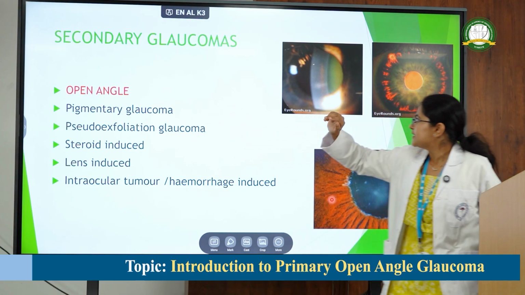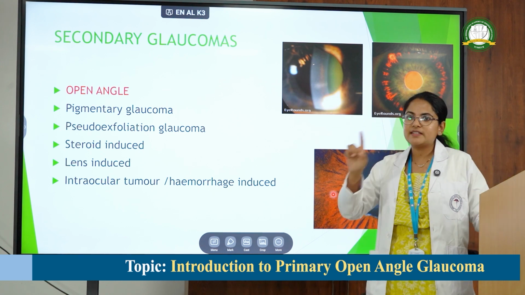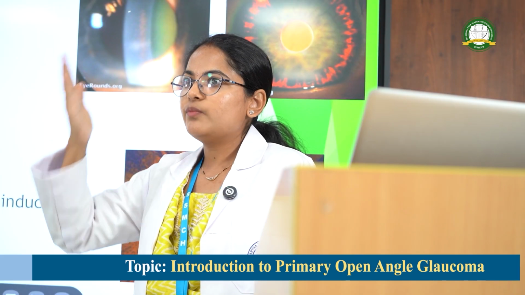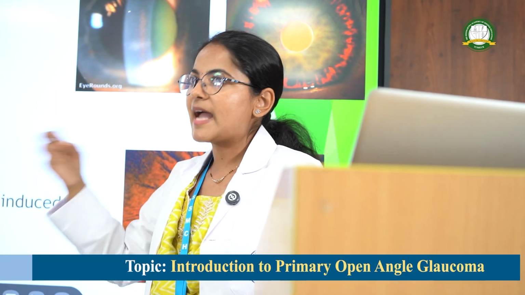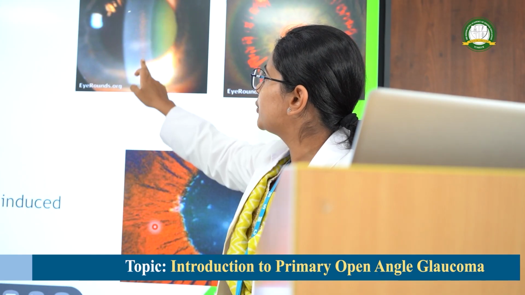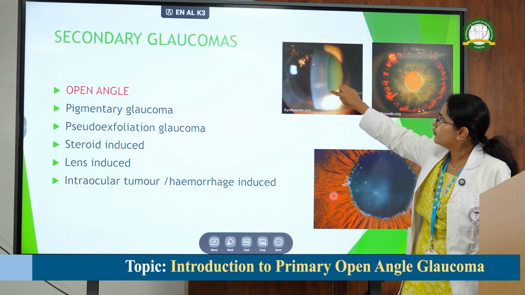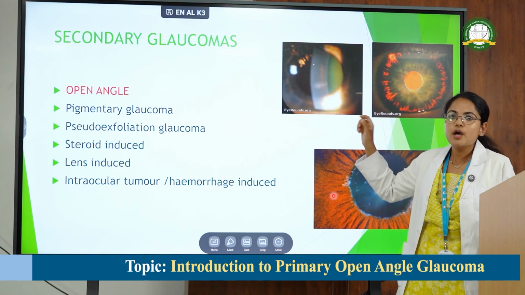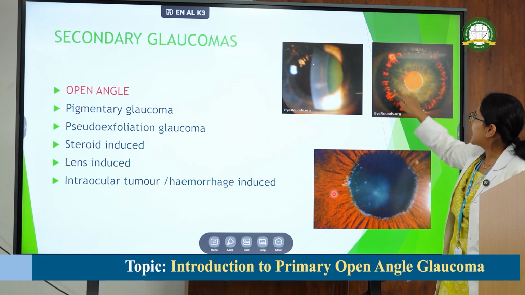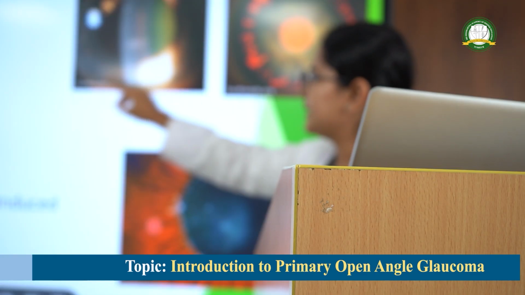Now this is pigmentary glaucoma. What is pigmentary glaucoma? Because of the concavity of the iris, the iris rubs over the zonules and causes release of pigments. These pigments deposit on the endothelium of the cornea. Here you can note these pigments over the corneal endothelium, known as Krukenberg spindles. Because of loss of iris pigment, transillumination defects are seen in the iris. These two features are seen in pigmentary glaucoma.